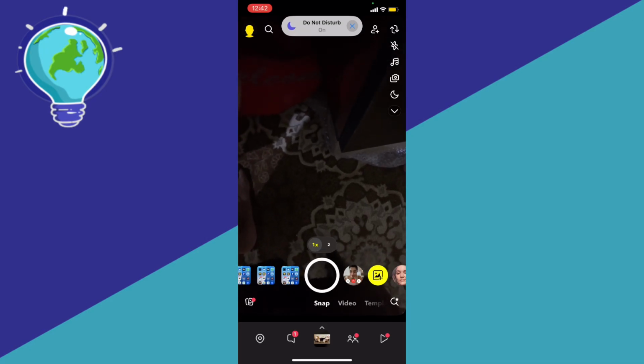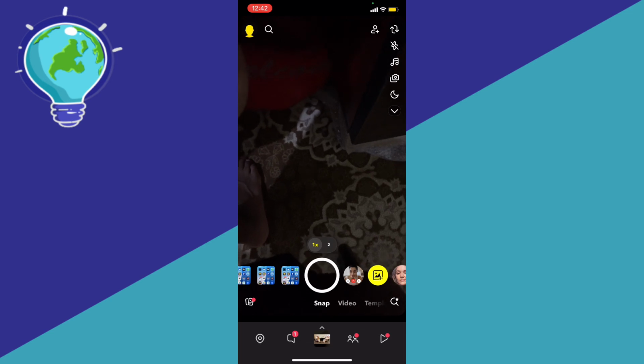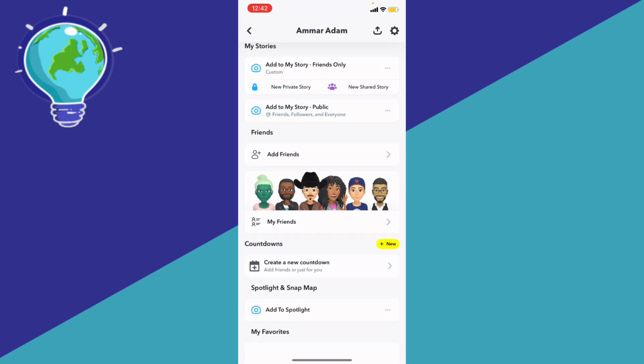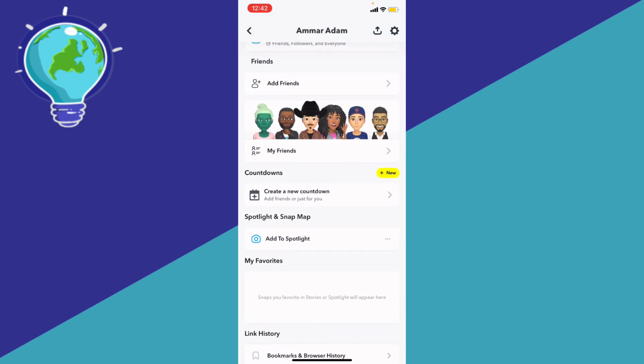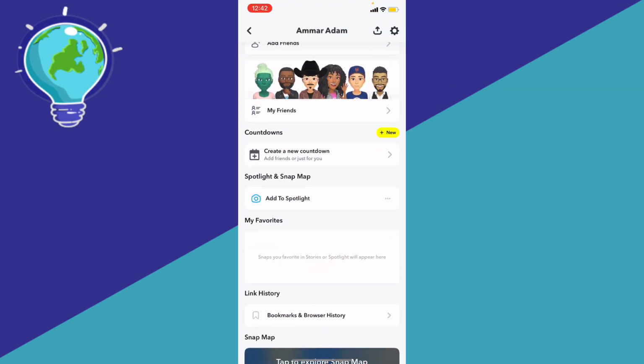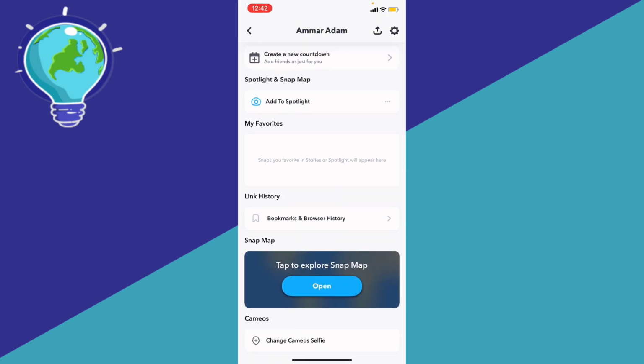If you want to make a public profile on Snapchat, here's a step-by-step guide on how to pull that off. So first of all, you need to go ahead and click your avatar icon at the top left. Okay, and here you're going to be able to see your name, your friends, and everything. Now what we're going to do is scroll a little bit down right here to Spotlight